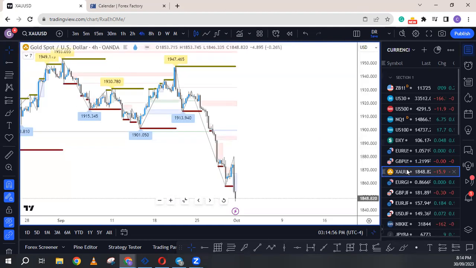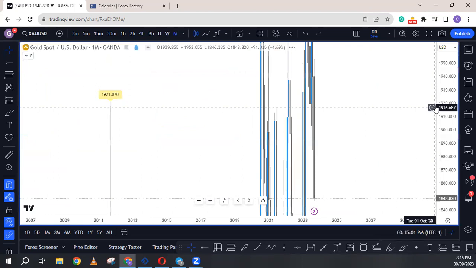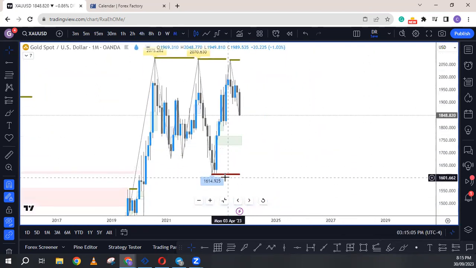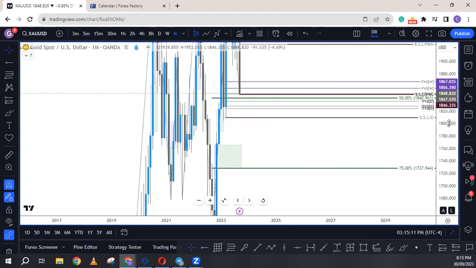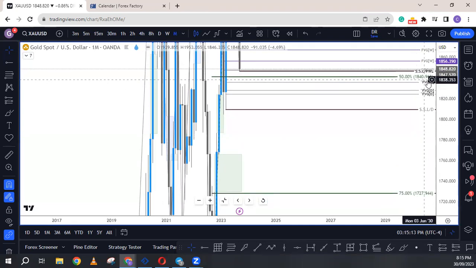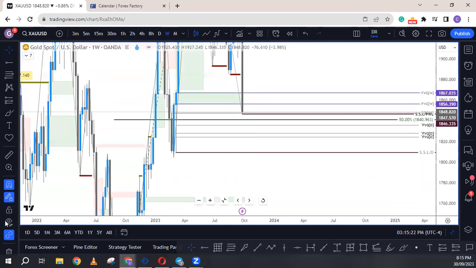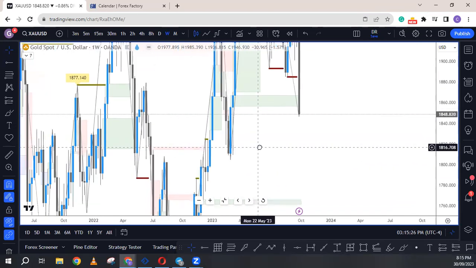Looking at gold, if we look at gold from the monthly, if you pick your fib from this point to this point, let me put my annotations. The 50% comes in at 1840.96, and price is just slightly above that. If we go to the weekly, let me remove all this. If we go to the weekly, we can see that price just touched this